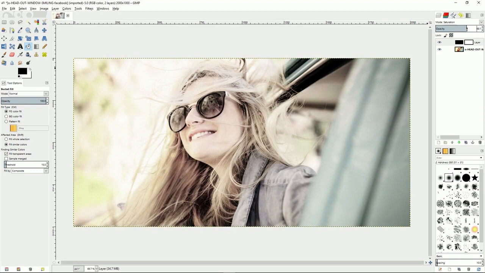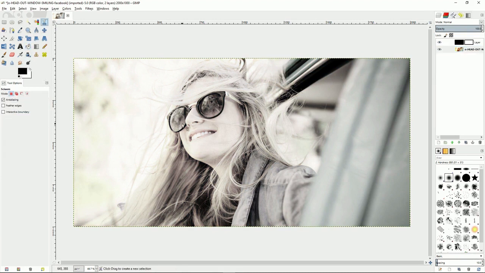Instead of just using the saturation effect, which will be one time only, you can use this to great effect to choose the granular control over the black and white conversion effect. Now what you can also do is with this and having the mask, you can go to the original layer itself, use the scissors tool, and you can pick out parts of the image you want to have in color